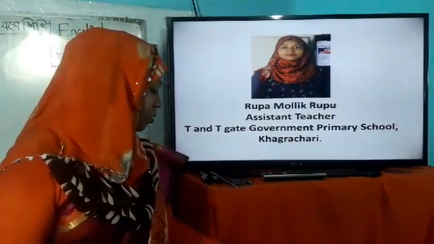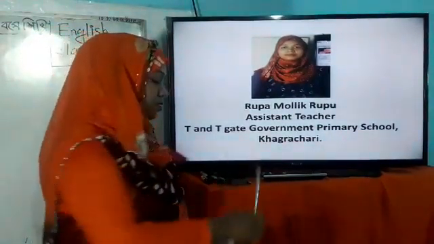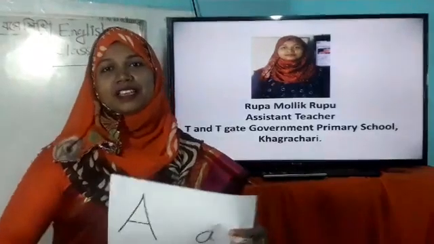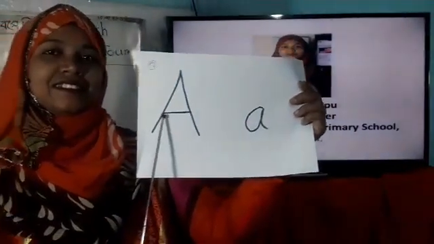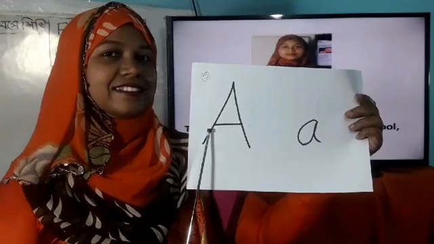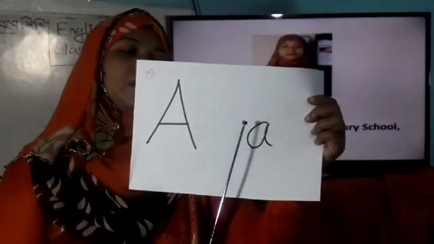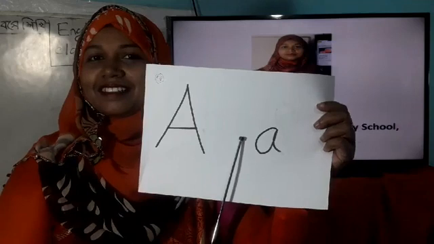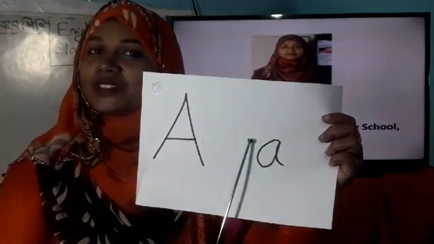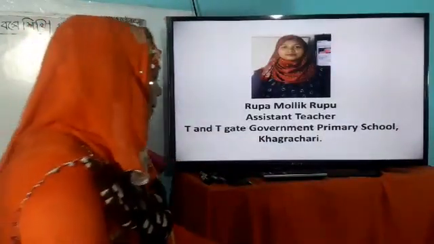Let's look at the marks and letters. Dear students, what can you see here? What is this, dear learners? Yes, this is A, and it's capital A. You are right. Then, what is it, my dear learners? Yes, you are right. It's also A, and it's a small letter a. Okay? Now, I would like to show you marks.